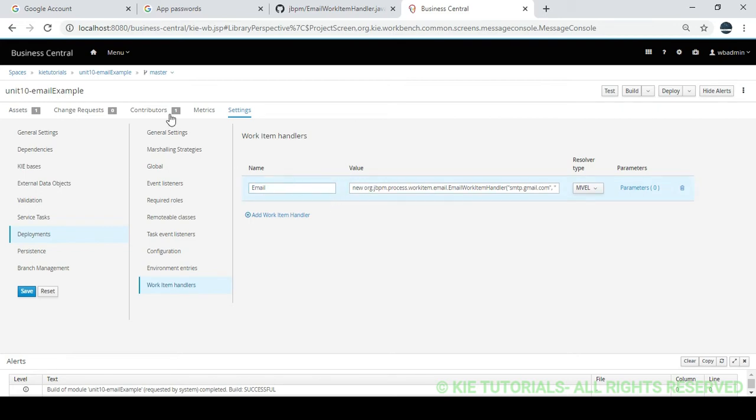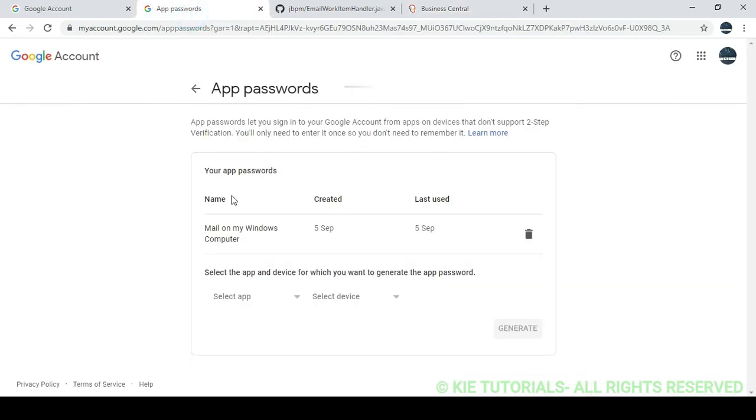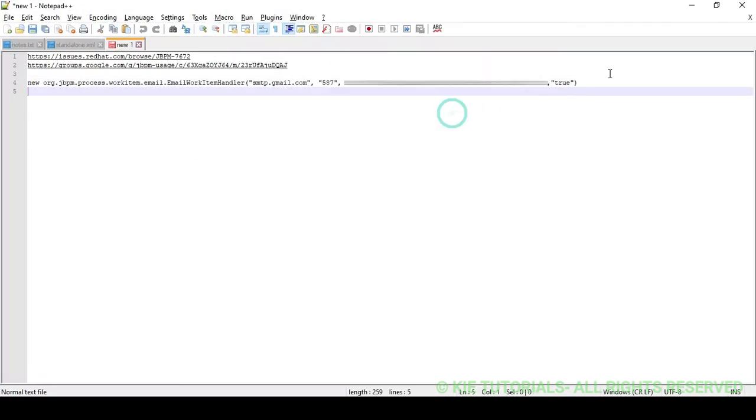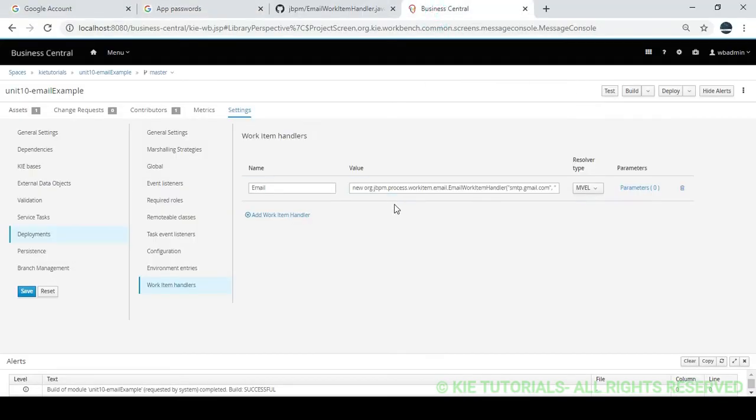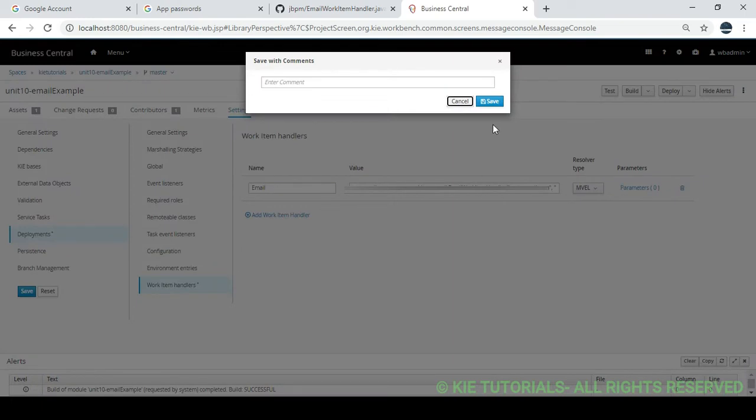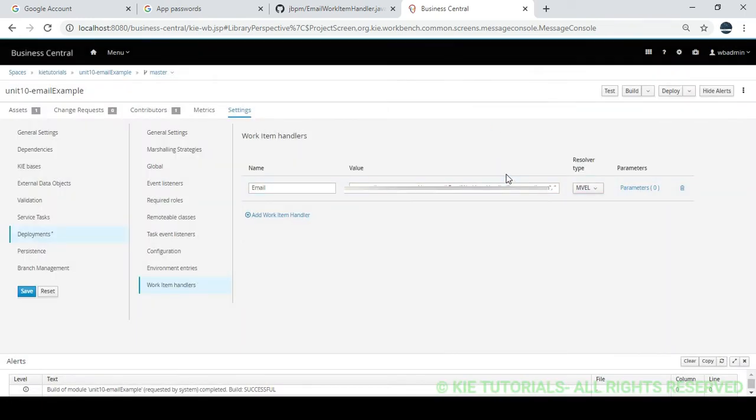Now whatever app password I have generated and the email ID I want to use, that I have already configured here. Give the same values in the value section. Now just save this.